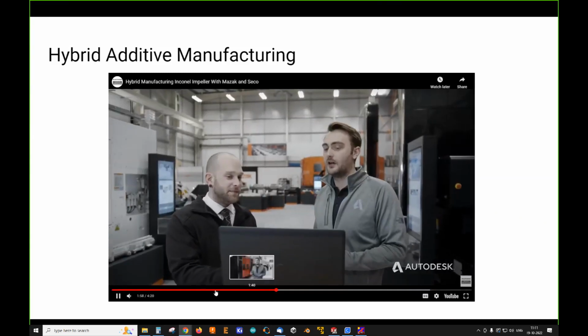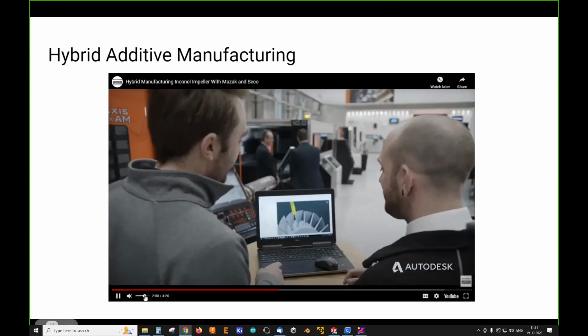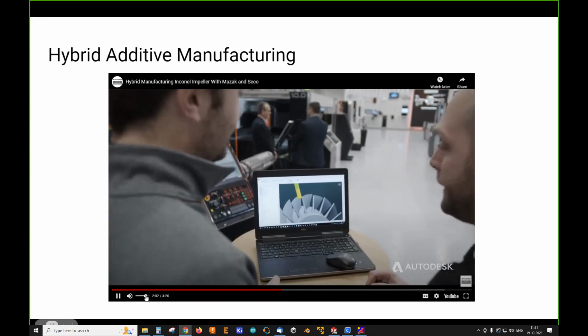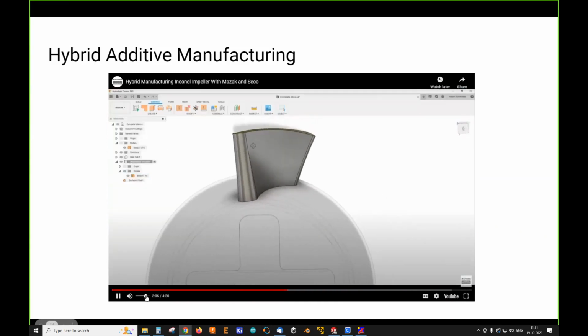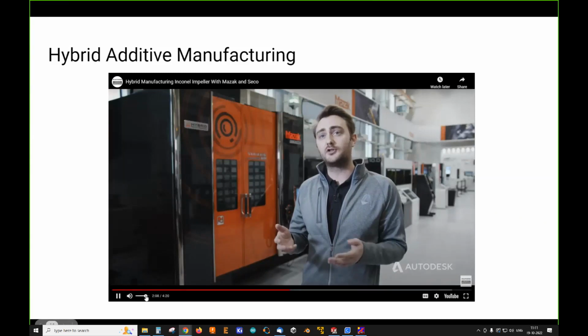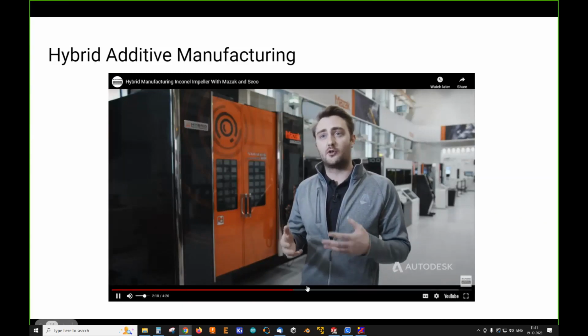So for this project, we've used two different Autodesk products. Firstly, we've used the power of Fusion 360 to create the CAD model for the geometry. In conjunction with that, we've also used Fusion 360 to create what we call the deposition